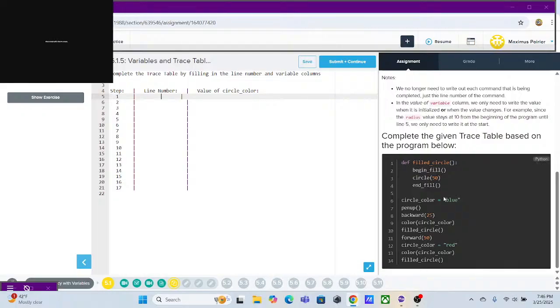So it's like right here. So 1, 2, 3, 4, 5, Six,